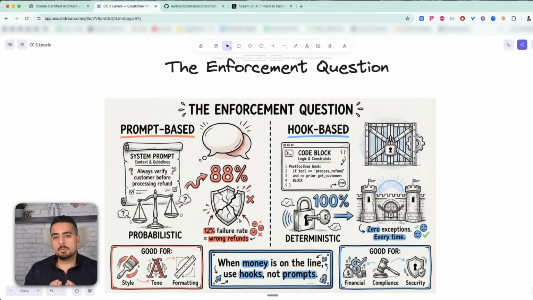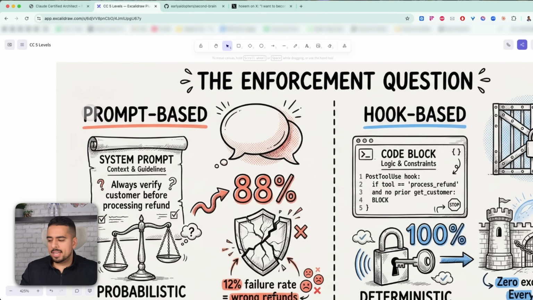So this might be the most important part of the entire exam guide, where they differentiate between prompts and hooks, and when and where to use each. So prompts are what I call best effort. You can tell Claude something like, always verify customer before processing a refund, and most of the time it works,